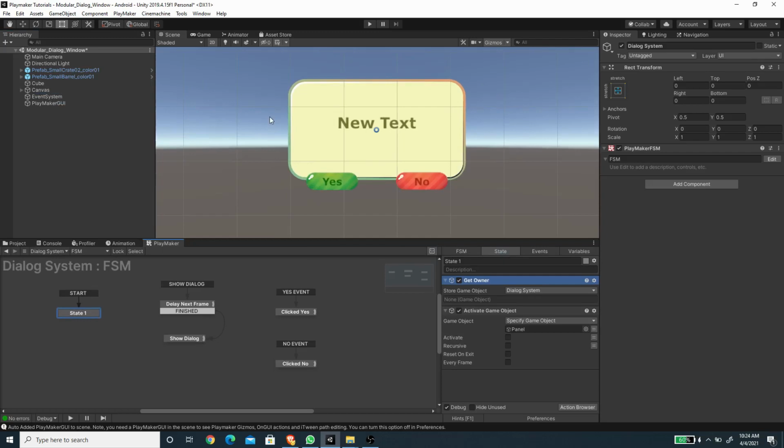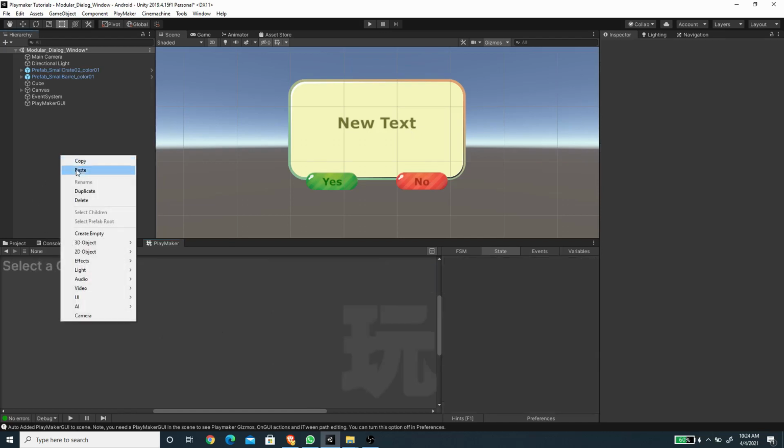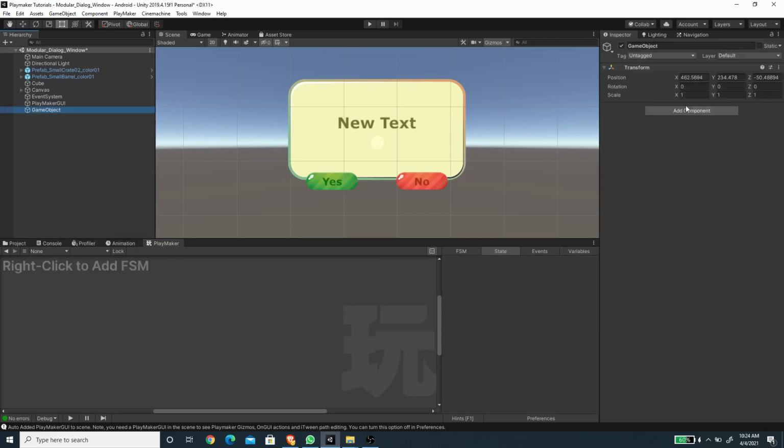And now let's create a template to trigger this action. And basically, template will make things very easy to group a couple of actions as one template or as one action, and we can create custom actions with it actually. So first, in order to create a template, I'm going to create an empty game object, and let's just reset its value, and we can name this anything. I'm going to name this template color, but later we are going to delete this game object, so it doesn't really matter actually. And here, let's just create a new FSM,